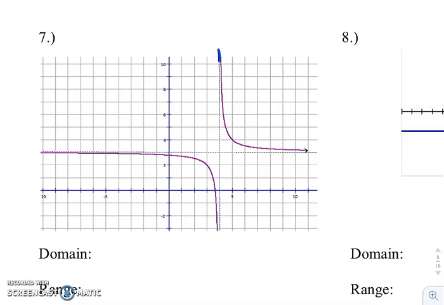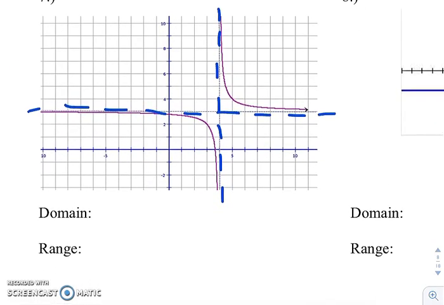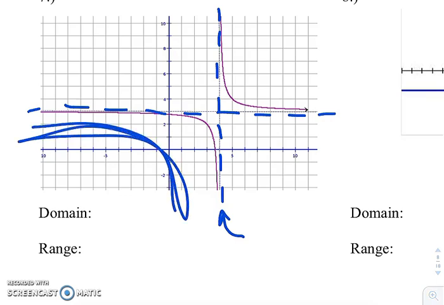But each branch is approaching these vertical and horizontal asymptotes. So if you look at it that way, from left to right, it's skipping over that vertical asymptote that goes through 4. We've got some graph on the left of it, we've got some graph on the right of it, but it is skipping that value